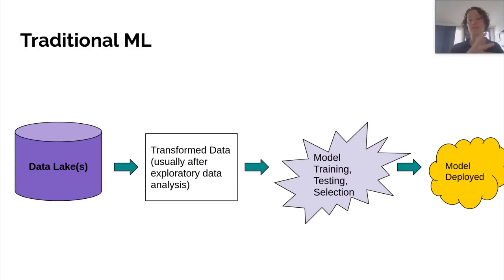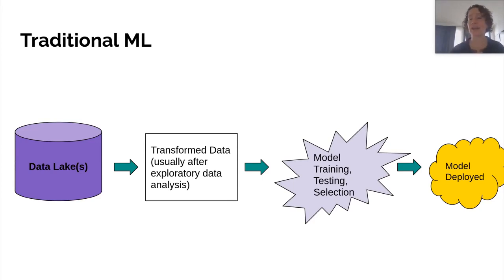Well, first, all the data would have to be aggregated and collected into a data lake. It might need to be standardized or munged or cleaned or something done with it beforehand. Then eventually the data is pulled, usually by a data science team or by scripts written by data engineering or data scientists on the team. That data is transformed. So initially we might do EDA, or what's called exploratory data analysis. Then we might decide, okay, here's the data, how I want it prepared. And then we might automate it with a pipeline. And then eventually that goes into model training, testing, validation, and selection.